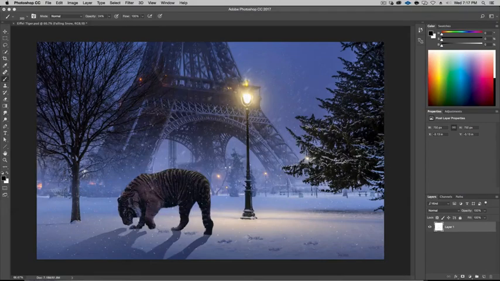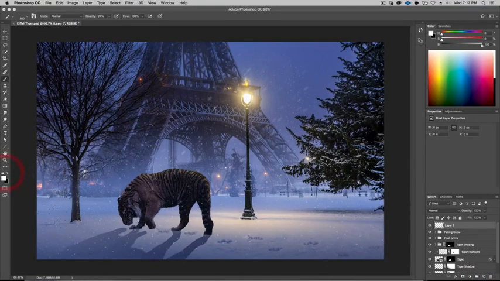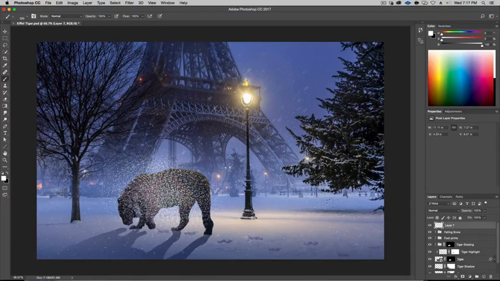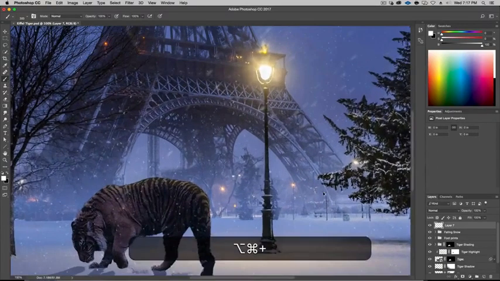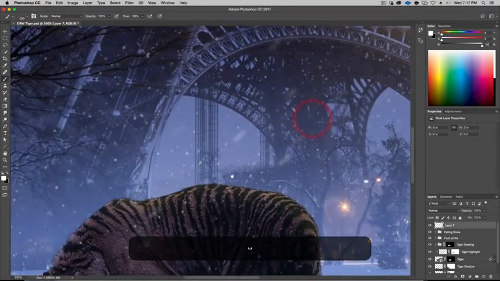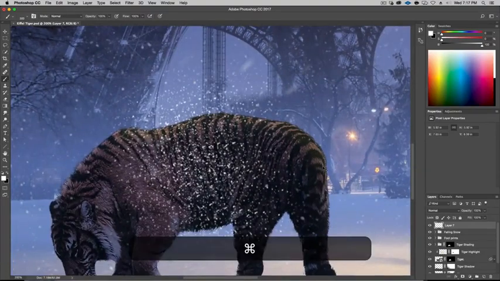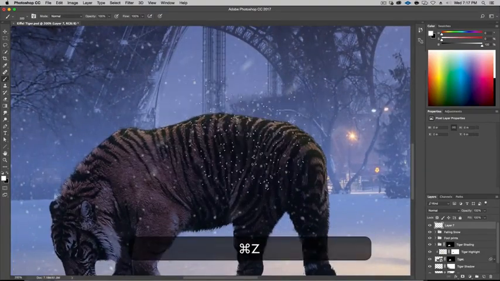All right, let's just move this out of the way, come back to our tiger, and let's make a new layer, and this will be snow. So you can see, if I hit white in the front with 100% opacity, that I have snow and lots of it. All right, so I like that. Let's zoom in a little bit. And so my snow is pretty good. It's a little big. Let's make it a little smaller.